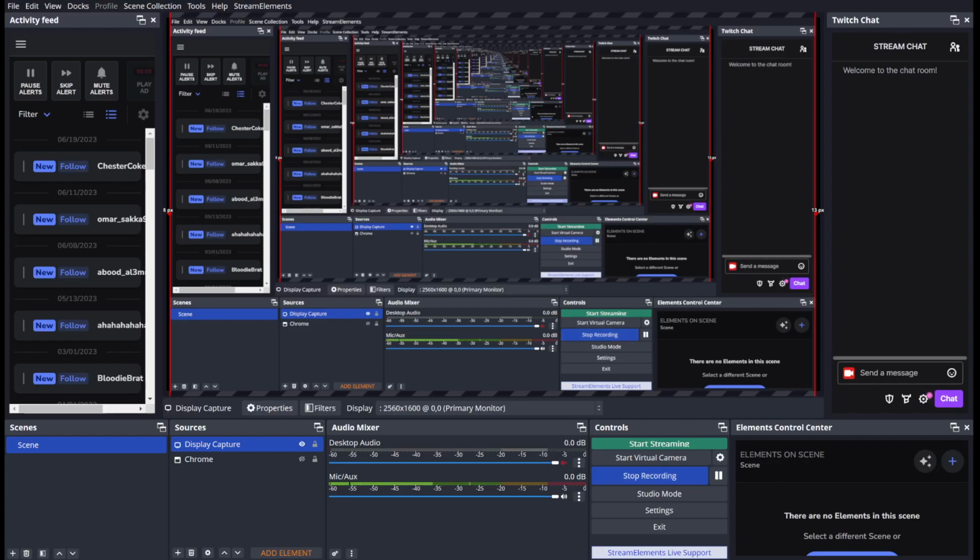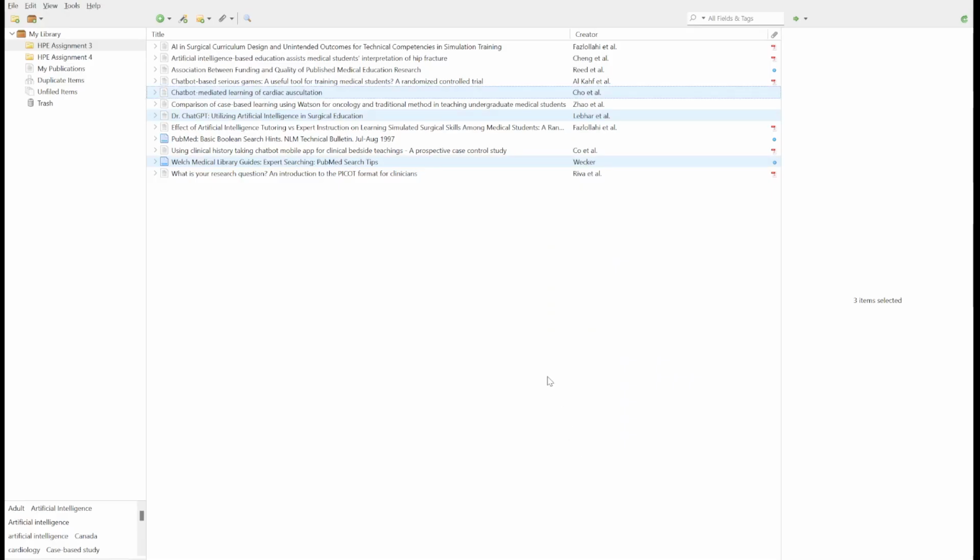I'm not an expert at Zotero, but I'll share the only things that I've learned. I've only started using this like 2 days ago, or with the last assignment, and I didn't even use it for the last assignment. I actually used Zbib because it was more straightforward for me. But